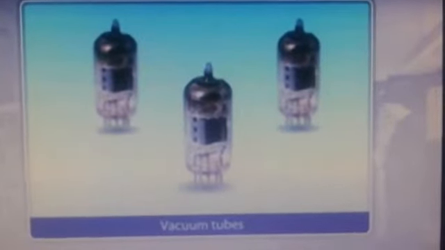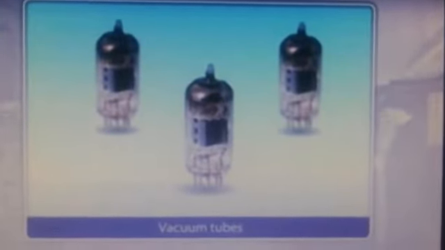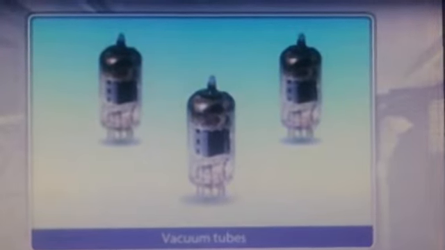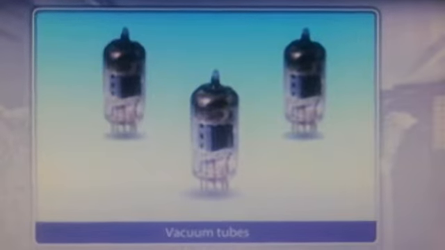So students, here is the first generation computer, 1942 to 1955. The computers that were developed from 1942 to 1955 were called the first generation computers. So here is the first generation computer. These are the vacuum tubes. A vacuum tube consists of a glass bulb and wire. The wire is used to carry data in the form of electronic signals.